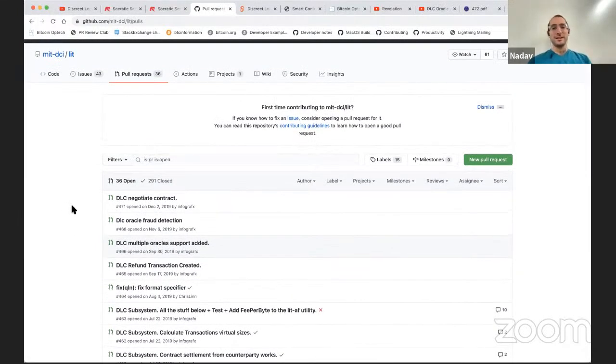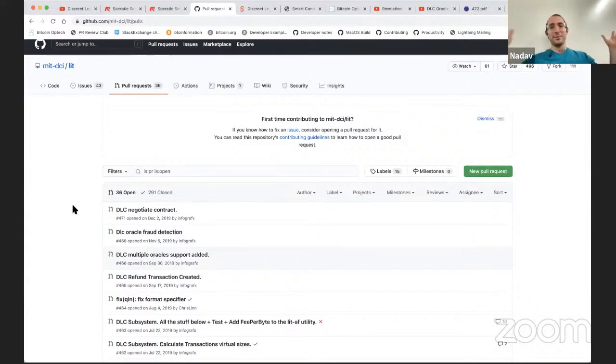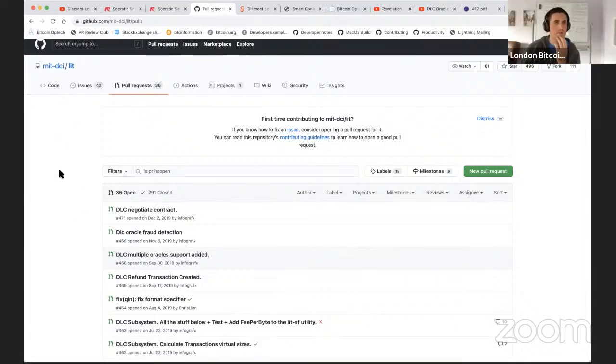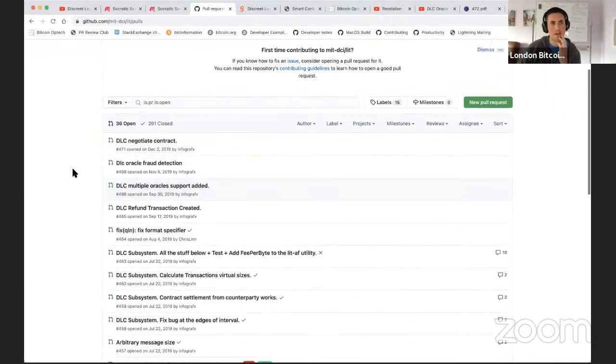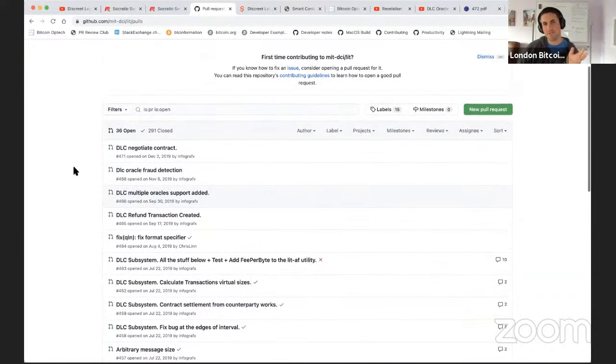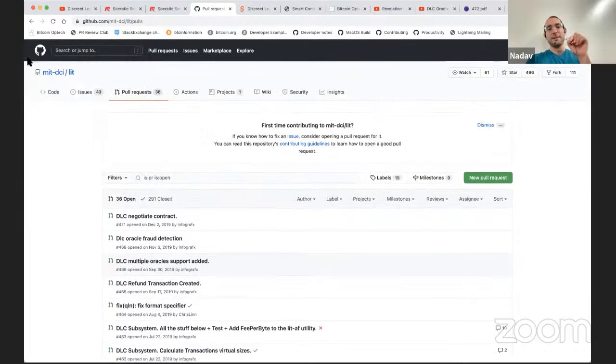But we do have DLCs implemented in Scala, so if they ever want it, it's pretty easy to plug in. That's the easy part. The hard part is actually making it possible to plug in. The other thing was I was looking through some of the work Taj and other people have done on his Lit implementation. There's a bunch of PRs on DLCs. So this is if you were to go down a different implementation approach rather than trying to get it integrated into an existing implementation. Yeah, and this is the pre-adapter signature implementation, by the way. Right. Yeah.